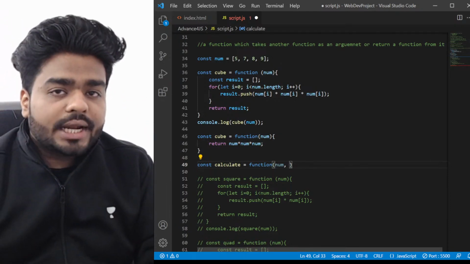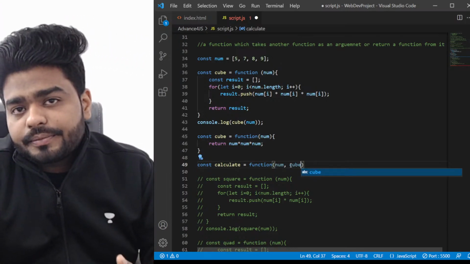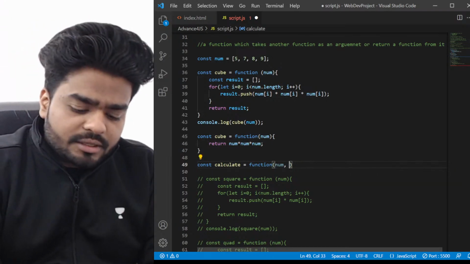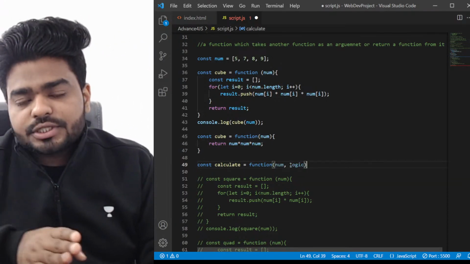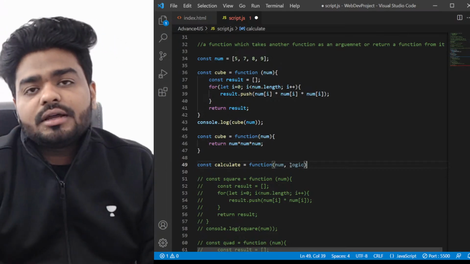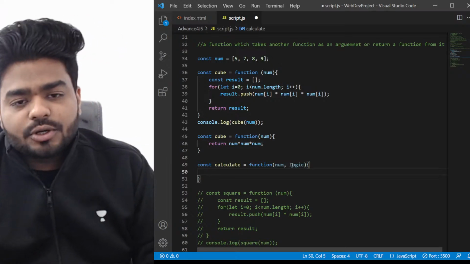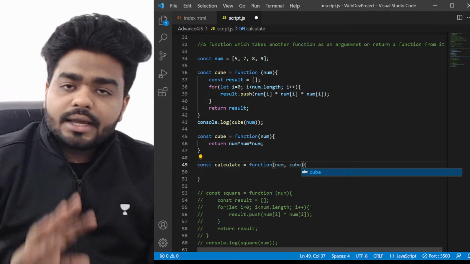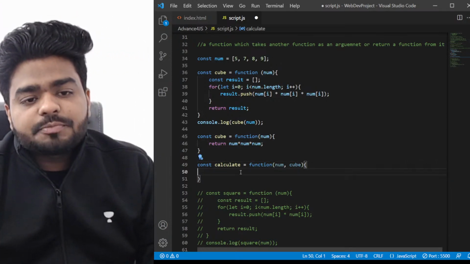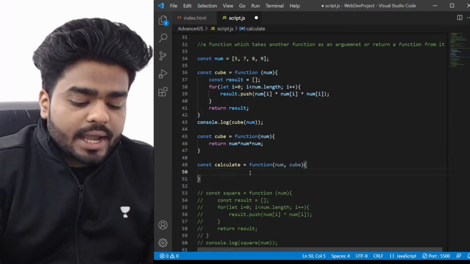So here I'm going to write the logic. So what is the logic for cube? It's cube. Let's give another variable, let's say logic. When I call the function calculate, that time I will pass the function cube. Right now I'm just writing logic. Or let's not confuse you, I'm going to write cube here. So I'm just passing the logic here, which is cube. And now what I can do, I can create a